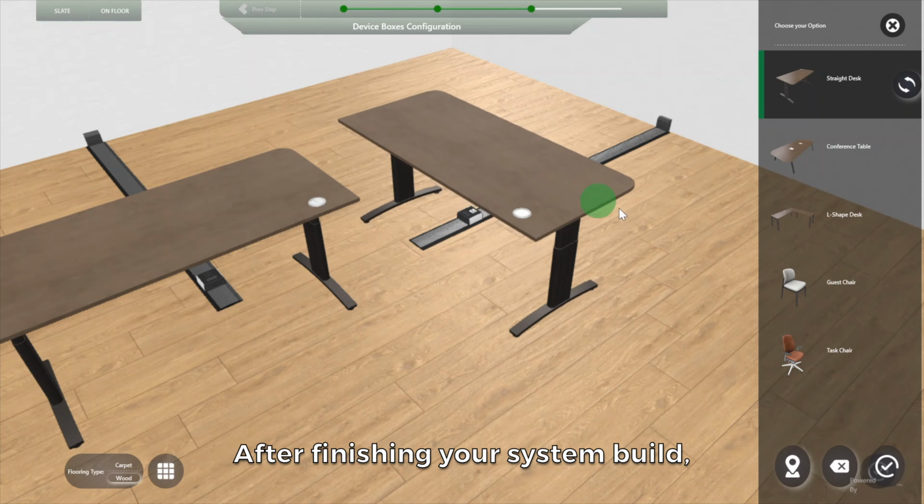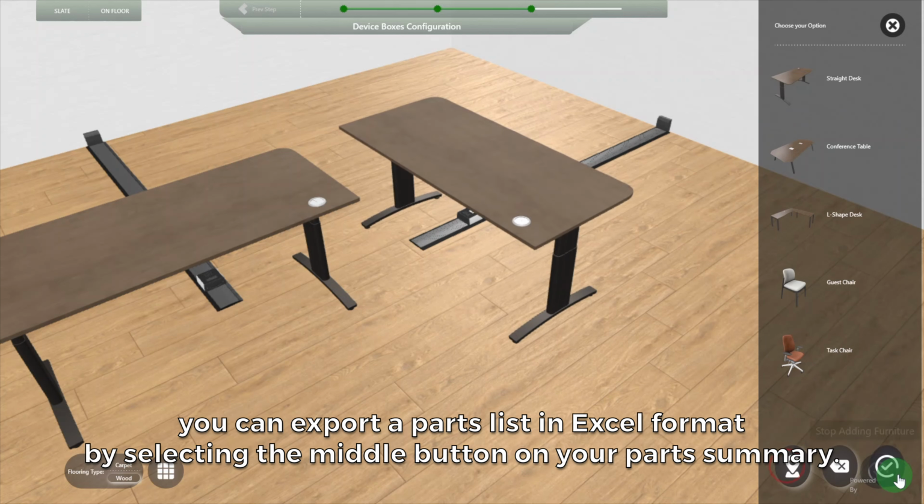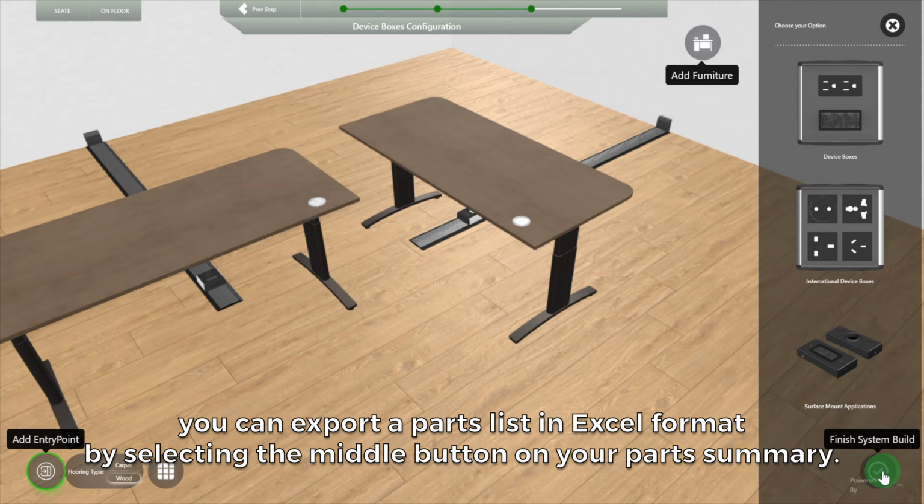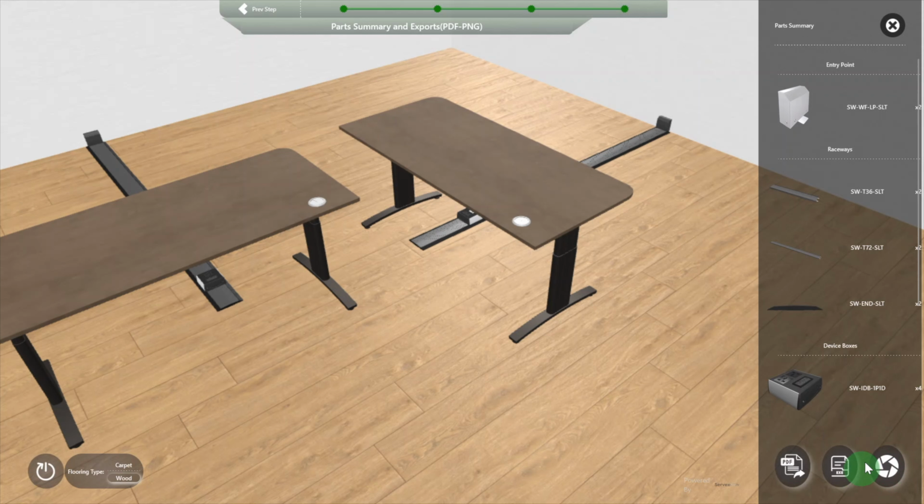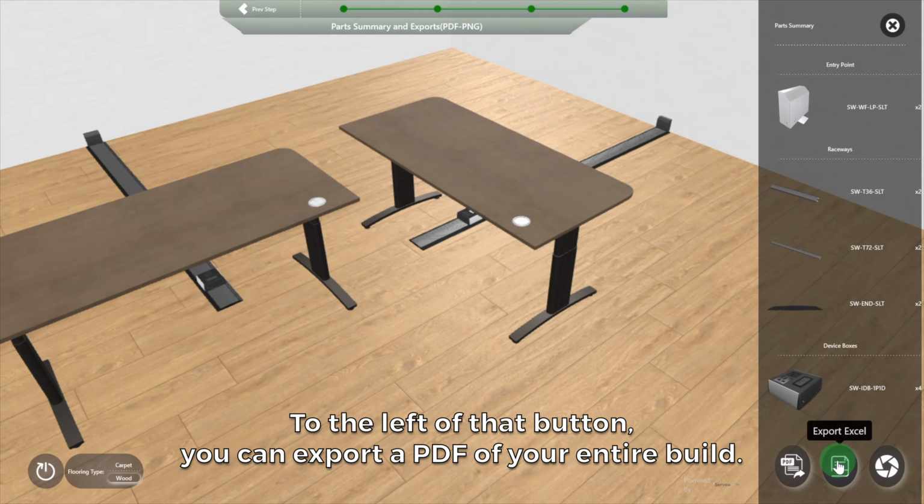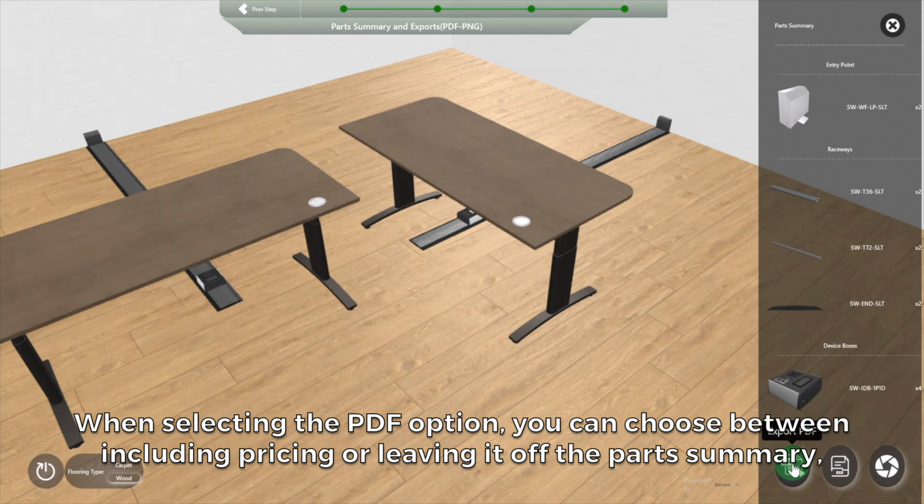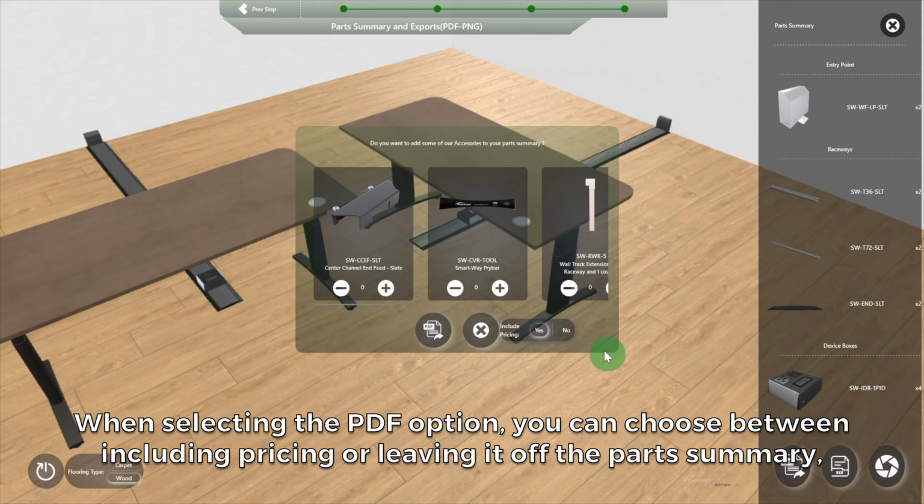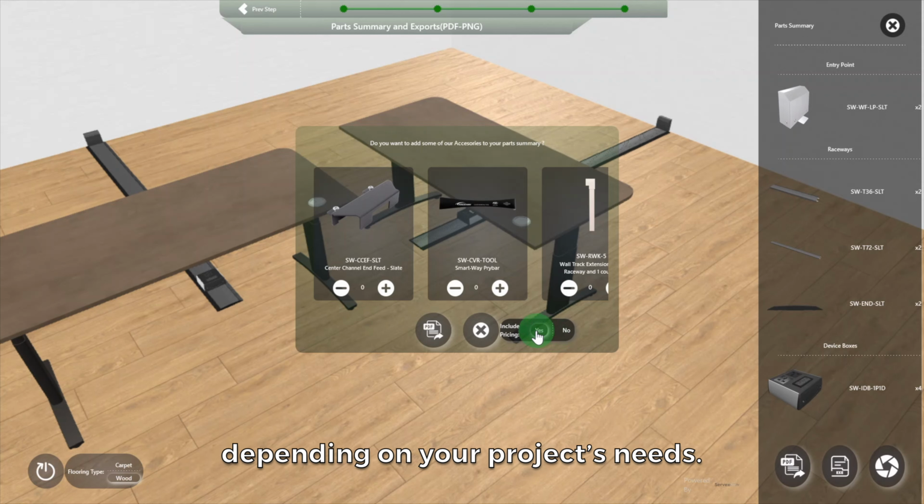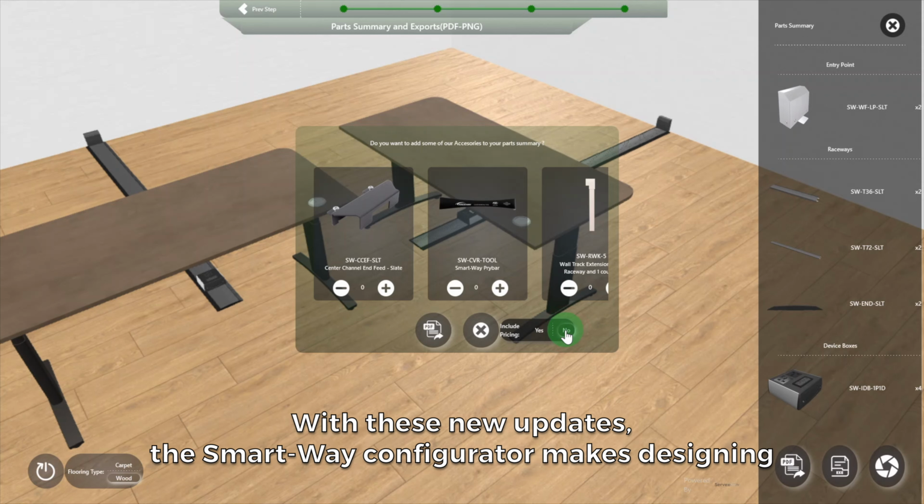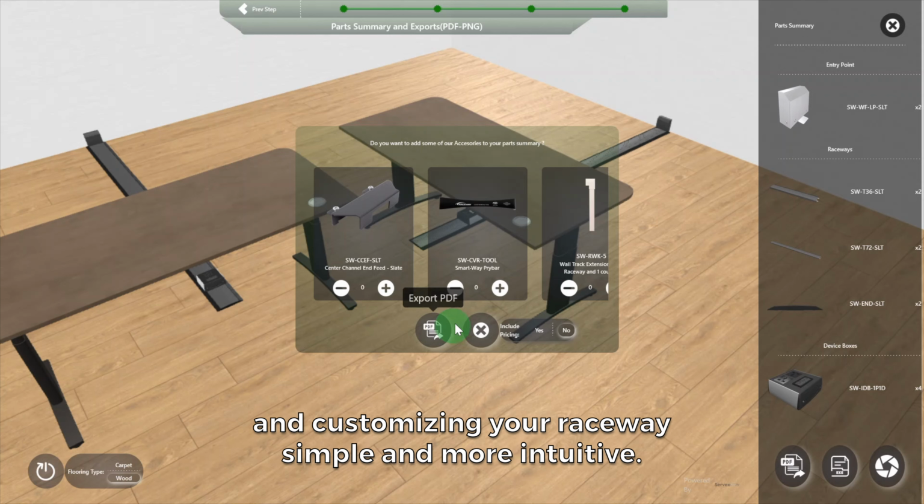After finishing your system build, you can export a parts list in Excel format by selecting the middle button on your part summary. To the left of that button, you can export a PDF of your entire build. When selecting the PDF option, you can choose between including pricing or leaving it off the part summary, depending on your project's needs. With these new updates, the SmartWay Configurator makes designing and customizing your raceway